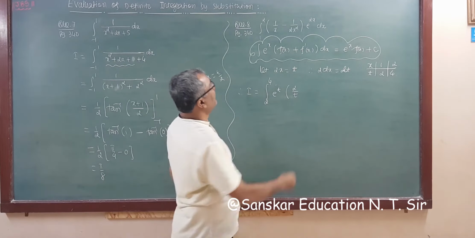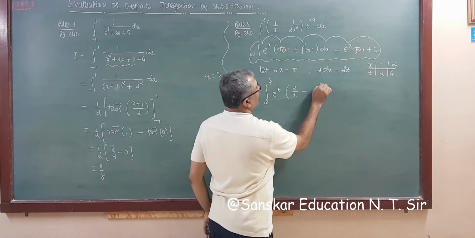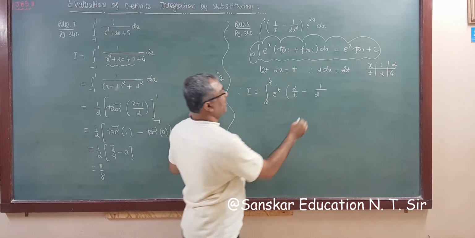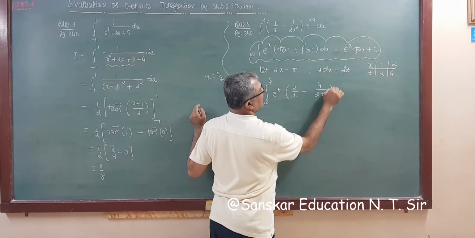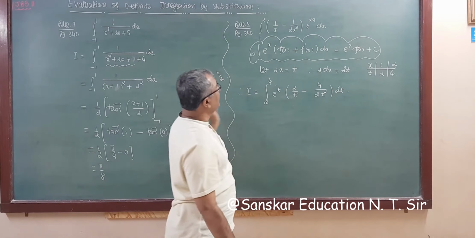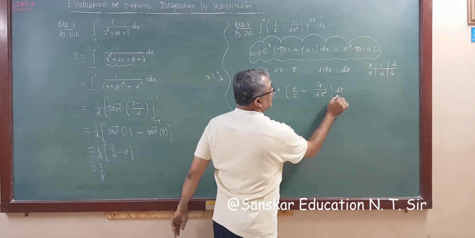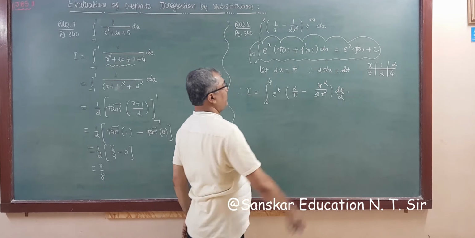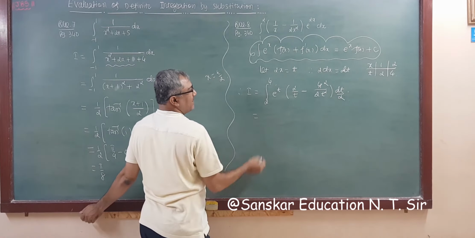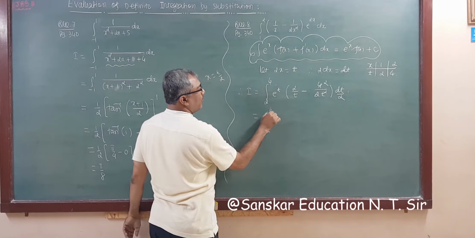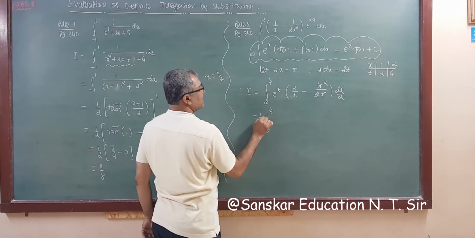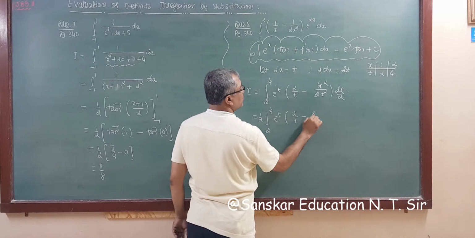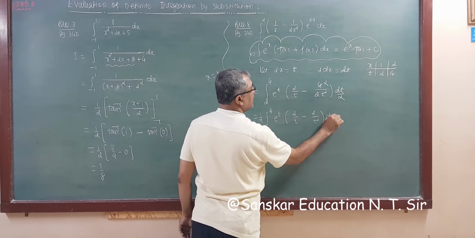is 2 by t minus 1 upon 2. Now x square is t square by 4. So here we write t square by 4, and dt, right? Only dx is there, so dx is dt by 2. These two will be cut. So what we get? We get integration 2 to 4, 1 upon 2 is constant, so this is 1 upon 2 e raised to t into (2 upon t minus 2 upon t square) dt.